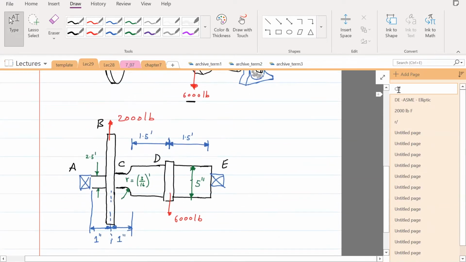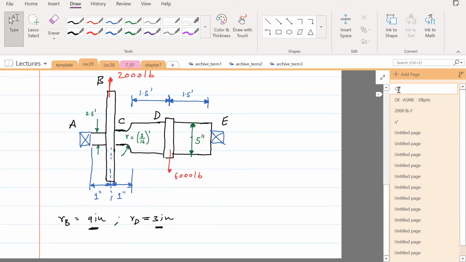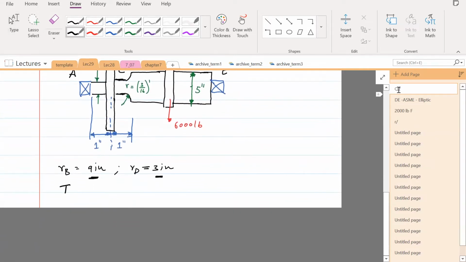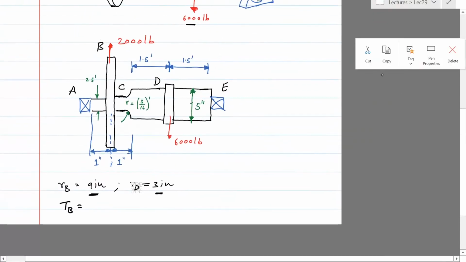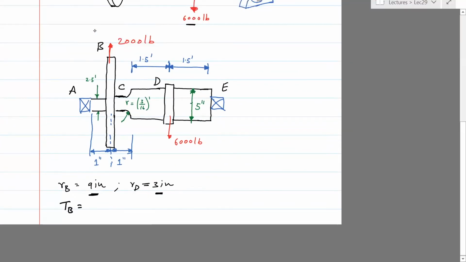Now, you're also given the radius, it's 9 inches for RB and 3 inches for RD. So the torque at B is going to be 2000 lbf times 9, which is 18,000